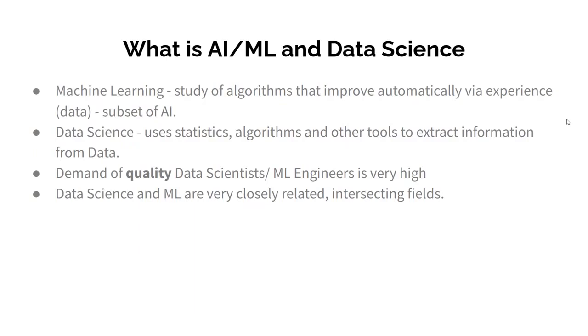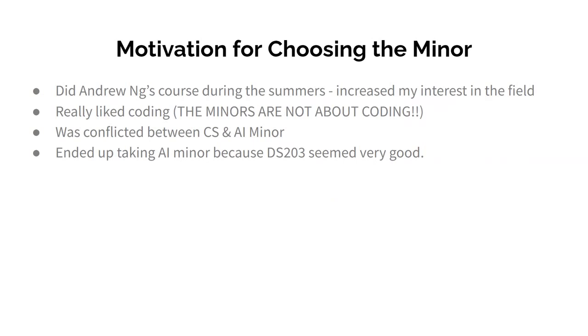So, moving on. What was my motivation to choose a minor? To give you some context, I was really interested in programming, and I was exposed to programming during my school days. In our ICSE curriculum, we were taught to program using Java. That is why I was really interested in programming. Of course, the minors are not really about programming, but in general, I was really interested in programming and all that stuff. Also, the spring semester during my first year was cut short due to COVID,